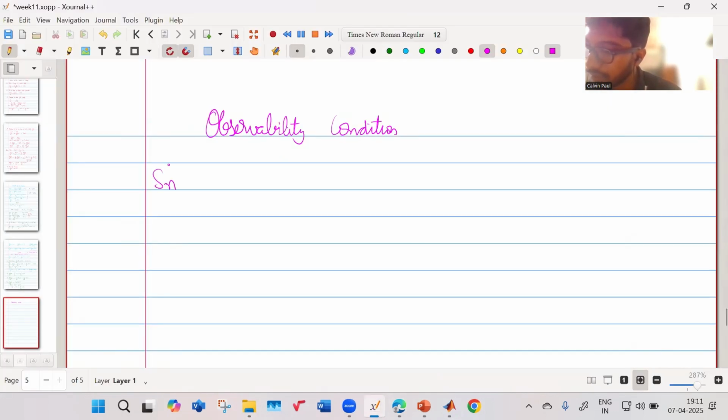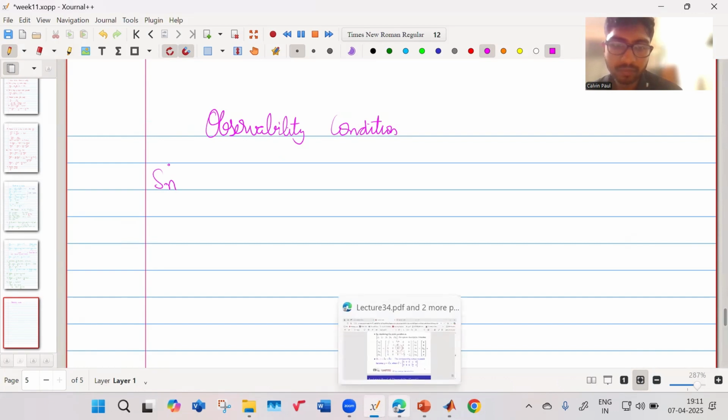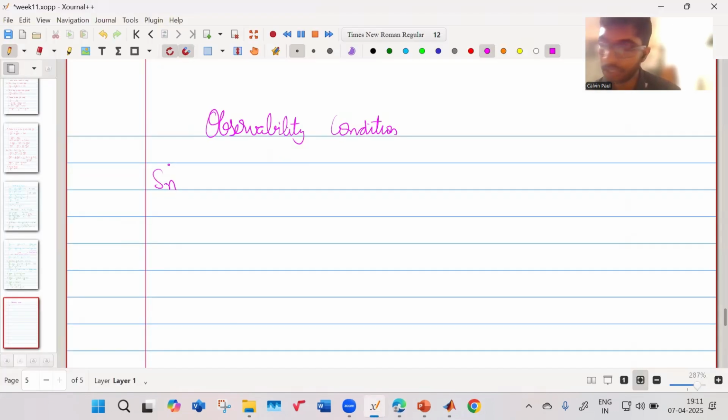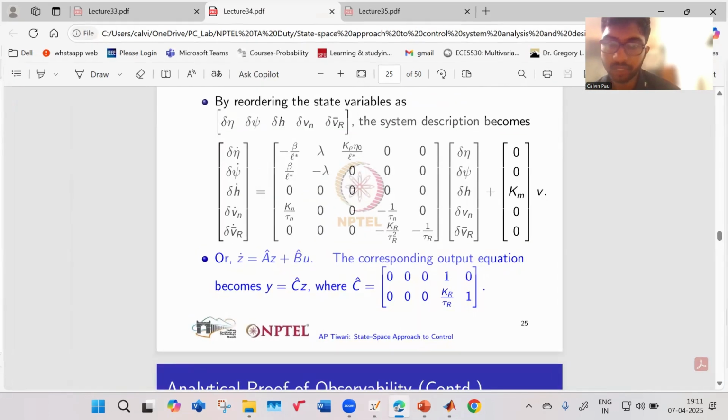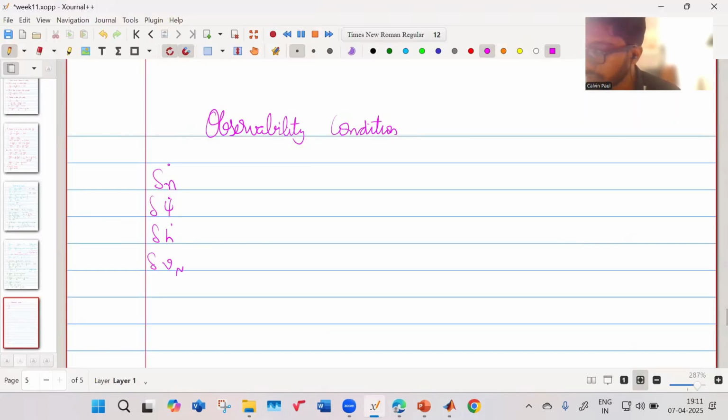Delta theta dot, delta phi dot, delta h dot, delta vn dot, delta vr bar dot. This is equal to